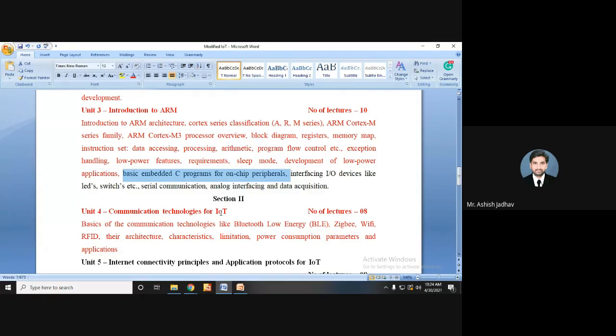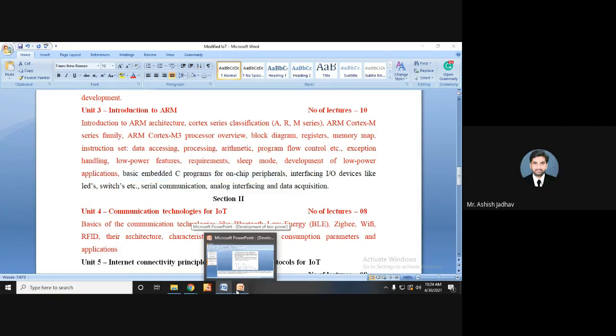At the end, once we study all the instructions, we will write some simple or basic programs. Here, in embedded C programs, before we move on to the C program, let us try to understand the basics of C, and then we will see some programming examples.